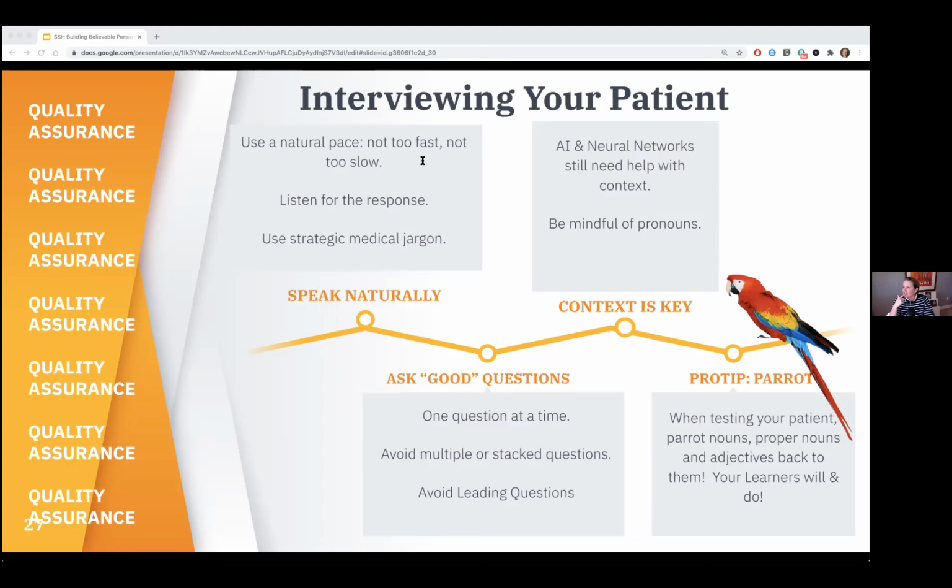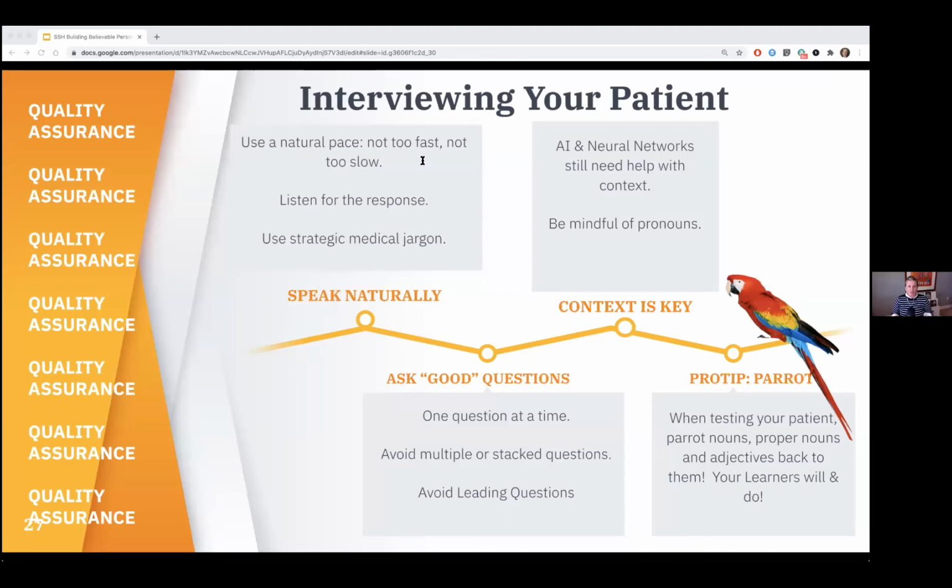For example, we often see this with medications. The learner will ask, are you taking any medications? Which assumes, is it prescription or non-prescription? But the virtual patient will pick one and will say, I take Tylenol sometimes, like when I have a headache. The learner then will ask the follow-up question, how often is that? How often does that happen? I'm using that in both questions. That gets into some gray area with the AI, and the answer it selects might not be what you had intended.